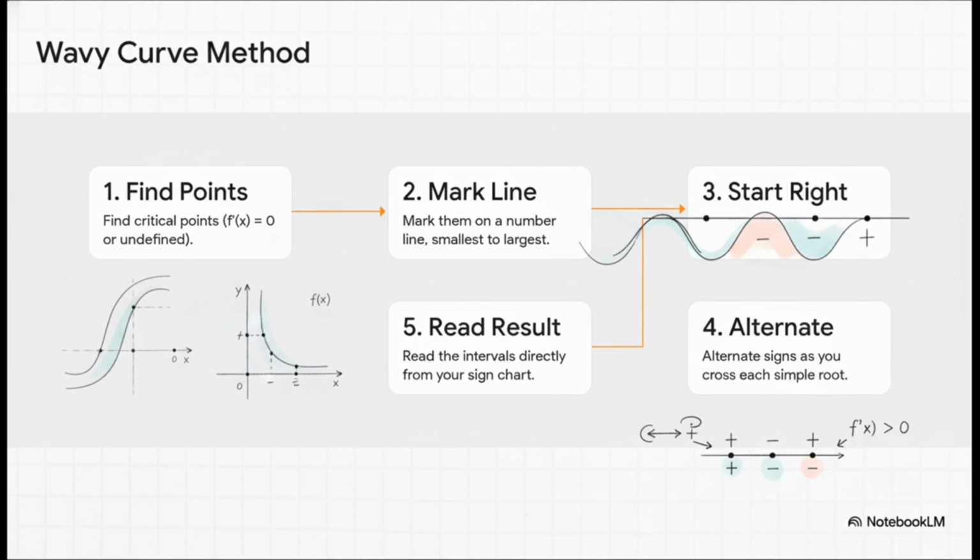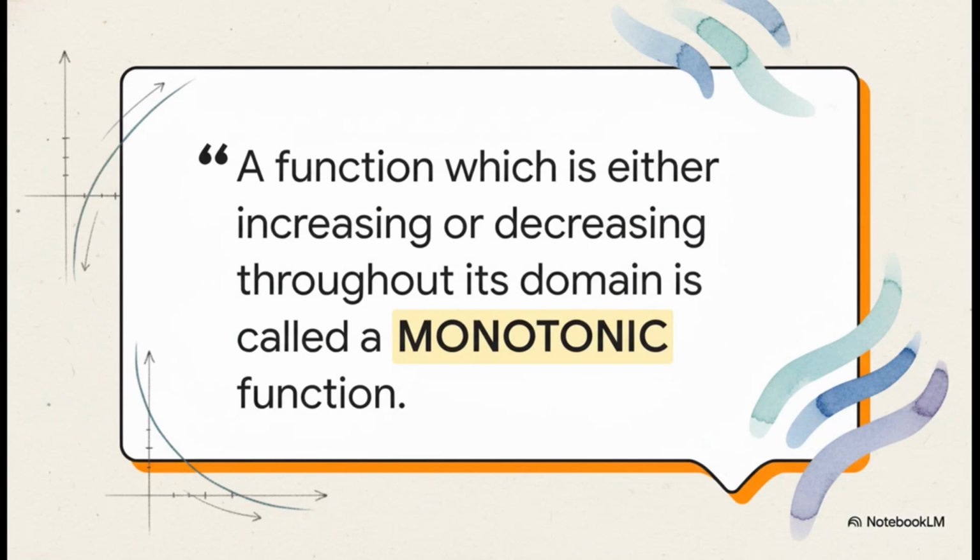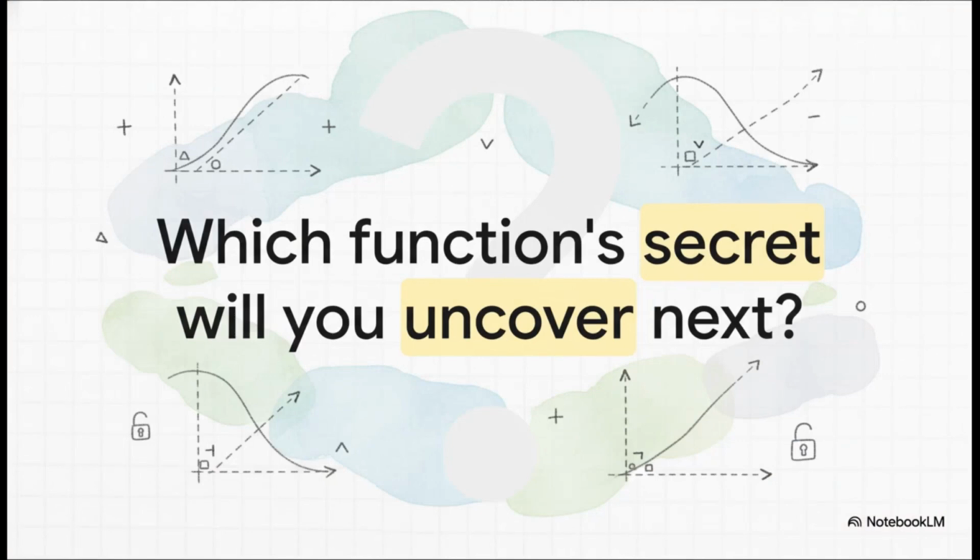Now, just a small warning, you have to be a little careful with repeated roots, but for most problems, this is lightning fast. And just to wrap things up, let's learn one final piece of vocab. A function that is always increasing or always decreasing across its entire domain, well, it gets a special name. It's called a monotonic function. Just a nice, clean way to describe a very well-behaved function. So there you have it. The secret is officially out. The derivative is the key that unlocks the whole story of a function's behavior. You have the master tool now. The only question left is, which function's secrets are you